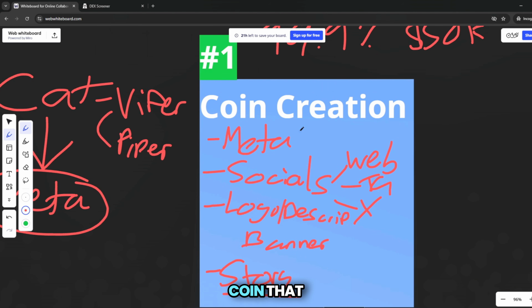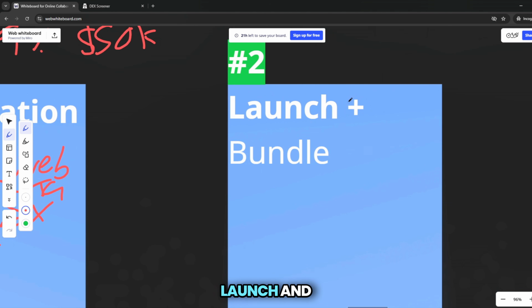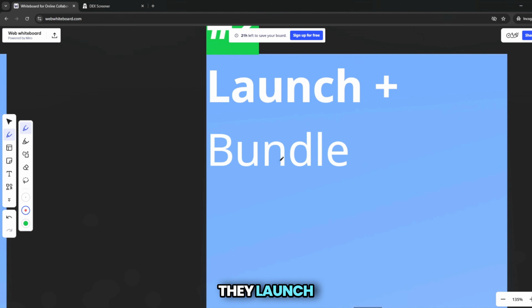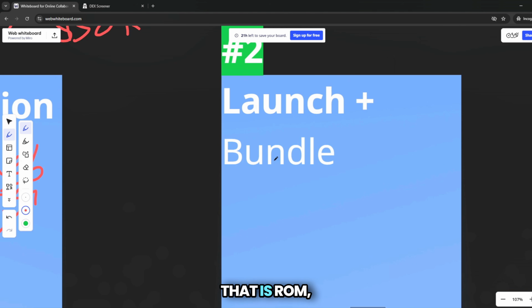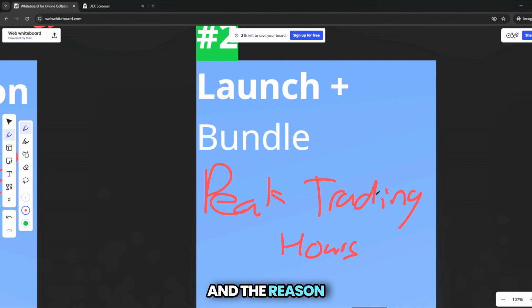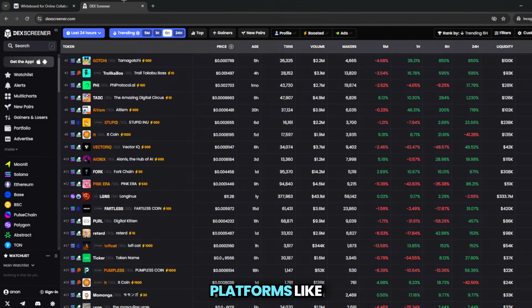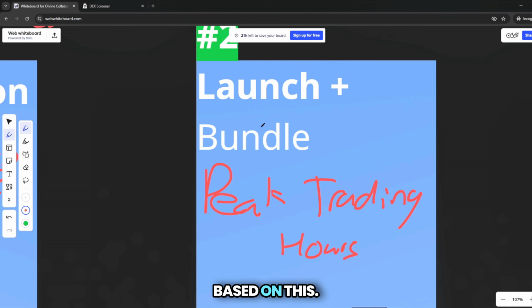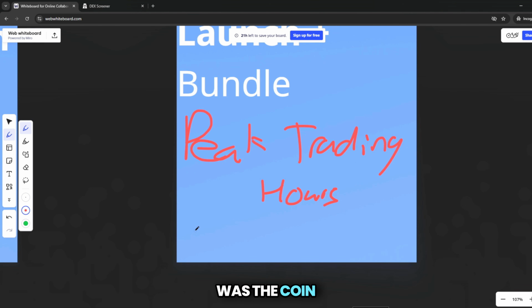Once you've created a coin that traders will actually buy and you put effort into this coin, it's time to launch and bundle. One of the biggest mistakes I see new developers make is they launch during any period of time. That is wrong. You need to launch during peak trading hours. And the reason why this is important is because platforms like Dex Screener, like Telegram trending bots, they all work based on this. How long ago was the coin released, so time, and how much volume has it brought in,